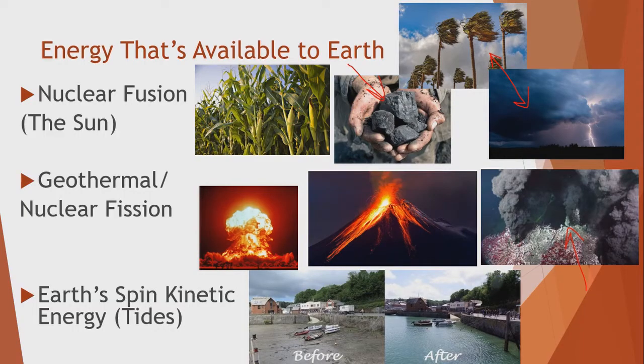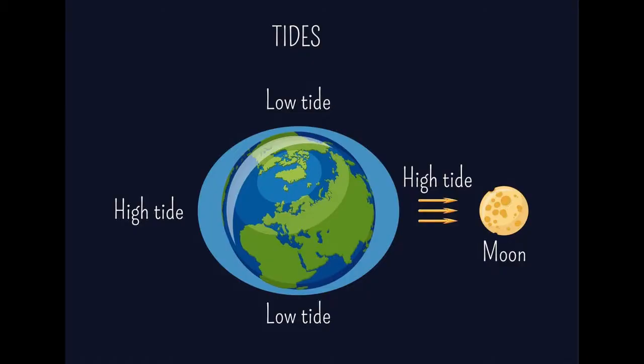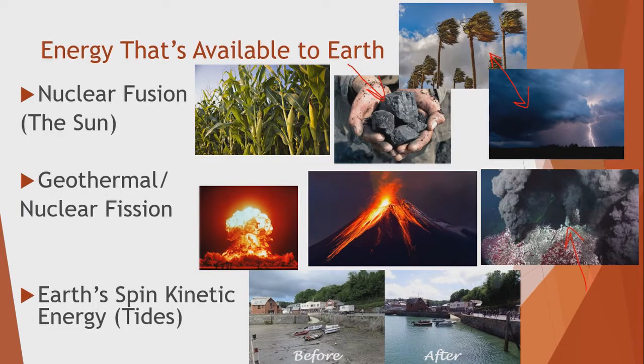And what's happening is the moon's gravity is actually pulling water to one side of the Earth, and as Earth spins, the water spins with the Earth. But ultimately, the energy being provided there is not coming from the moon's gravity. Gravity can't do work by itself. This is actually coming from the Earth's spin, which was left over from the last supernova that happened in our solar system. So that's just a random bit of energy, kinetic energy, motion of the spin of the Earth that technically could be harnessed by organisms or by people.